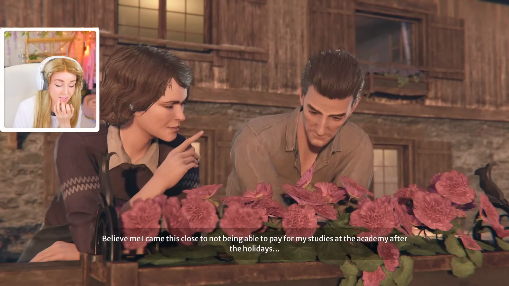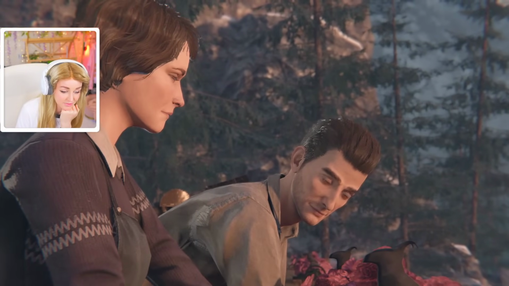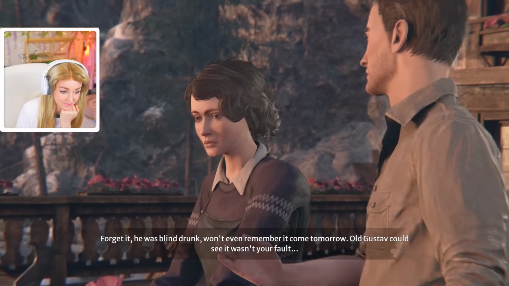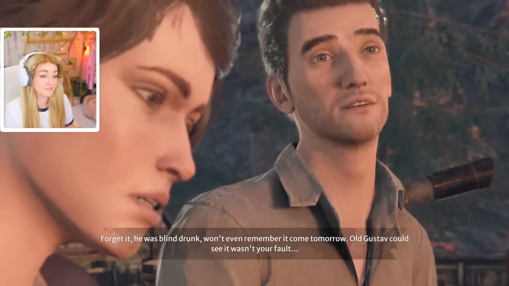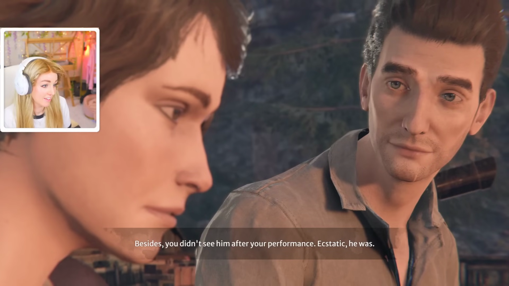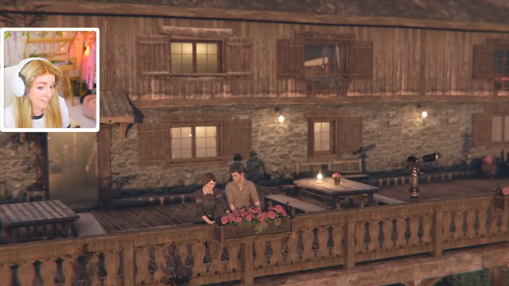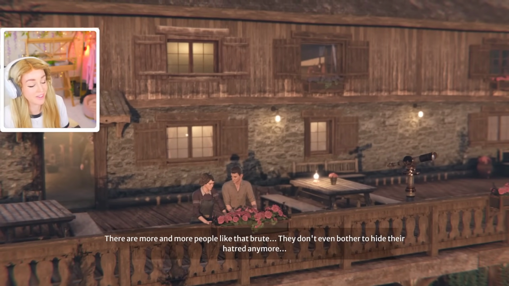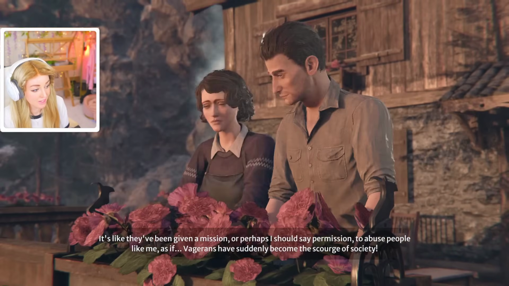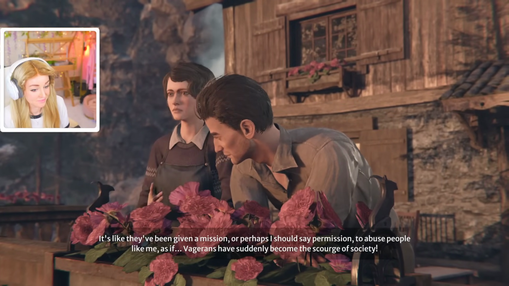It's just that if I had retaliated, I would have lost my job. Believe me, I came this close to not being able to pay for my studies at the academy after the holidays. Forget it. He was blind drunk. Won't even remember it come tomorrow. He's got a little scar on his chin. Gustav could see it wasn't your fault. Besides, you didn't see him after your performance. Ecstatic he was. This is the 1930s, guys. This is a different time. Like that brute. They don't even bother to hide their hatred anymore. It's like they've been given a mission, or perhaps I should say permission, to abuse people like me, as if vagrants had suddenly become...